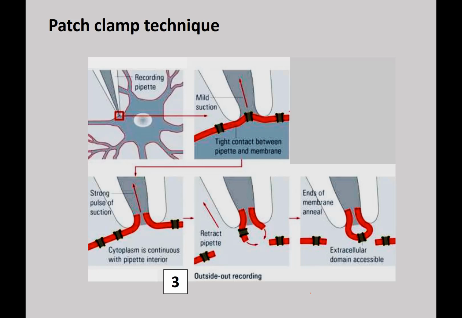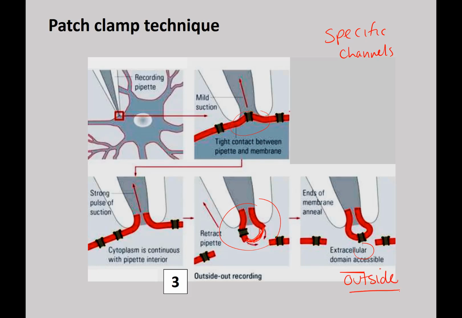The third variation, again, looking at specific channels, because again you're clamping the membrane and you're removing a piece, and in this case the way you remove it is you get some of the membrane, you get your channel, and then this reseals, right? And so now the outside